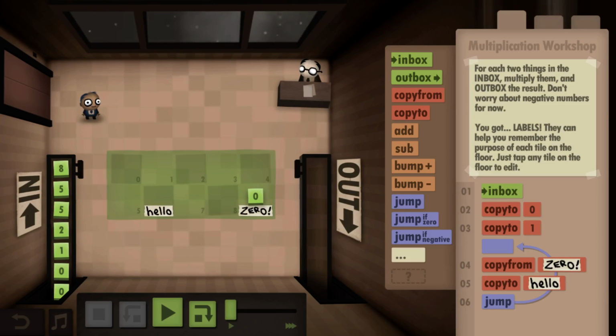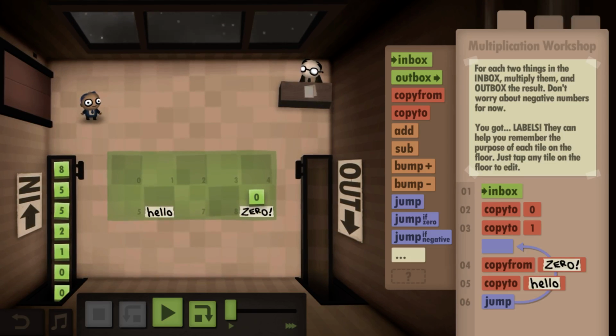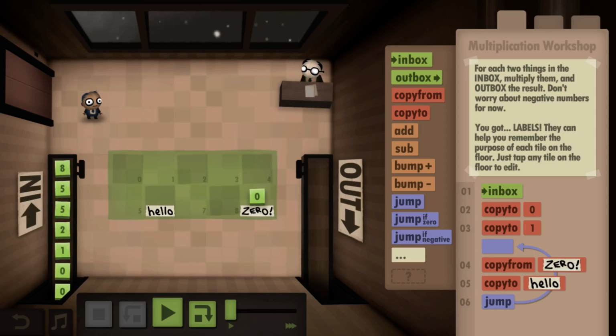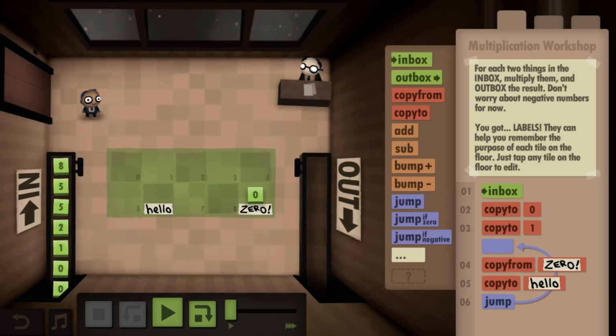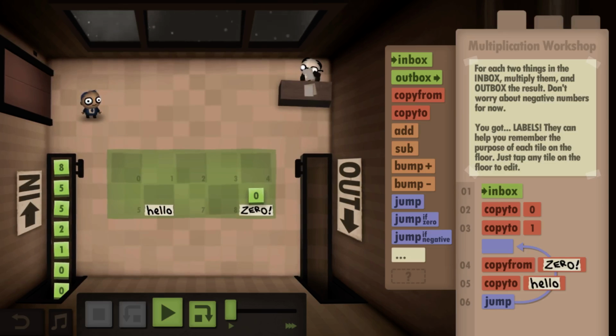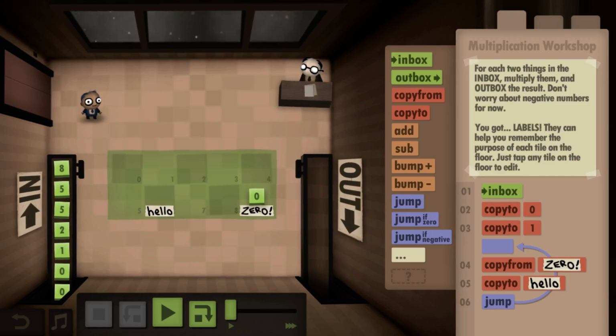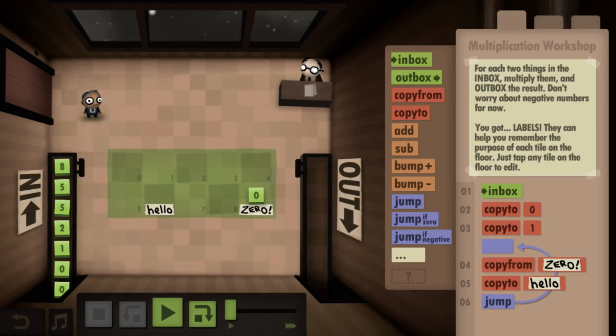multiplication is just addition. So 5 times 2 is just 5 plus 5. 5 times 3 is just 5 plus 5 plus 5. 5 times 4 is just 5 plus 5 plus 5 plus 5. That's all multiplication is. Also, division, which we'll get to in a future puzzle, is just subtraction, but subtraction that refuses to go into a negative number, so it has to be exact subtraction.